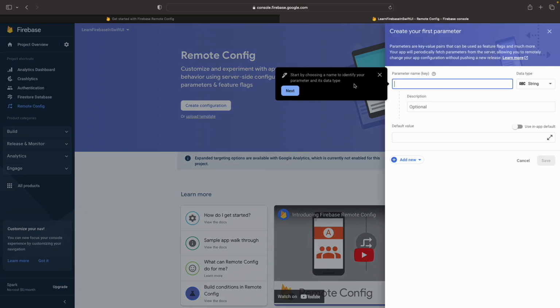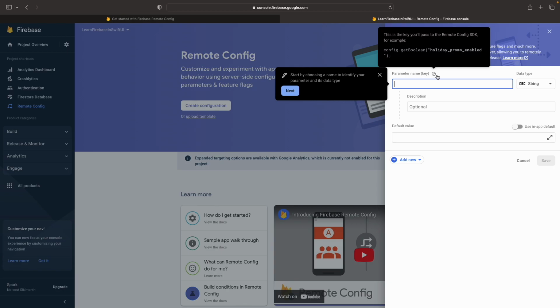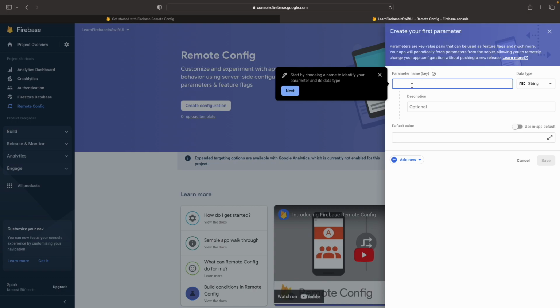Give a parameter name. Just make sure you keep all those things in mind. This is the key you'll pass to the Remote Config SDK. For example, config.get boolean, then that will be the key. So it's sort of like a JSON, so basically you have a key-value pair. Just keep that in mind. So we're going to call this learning